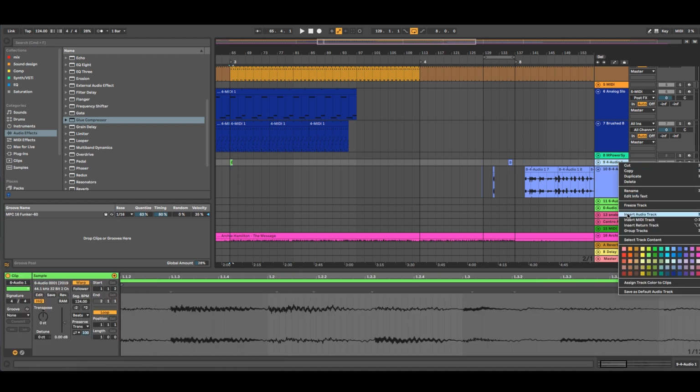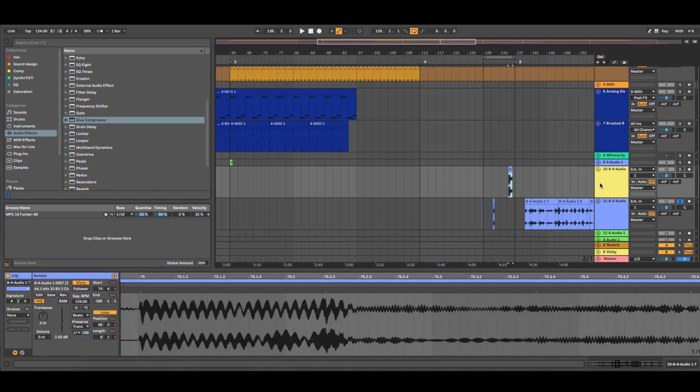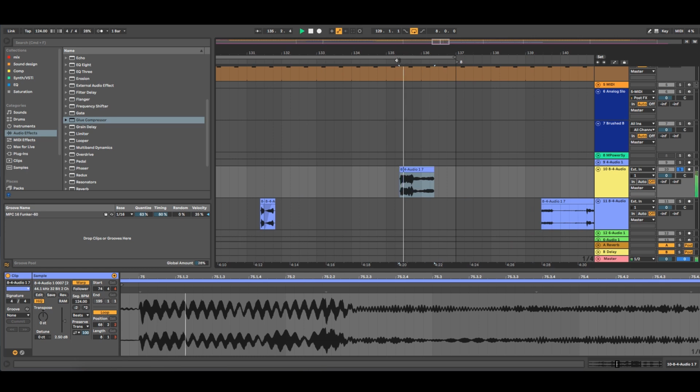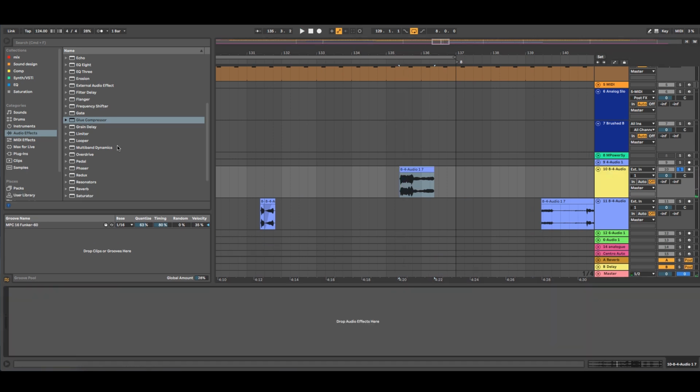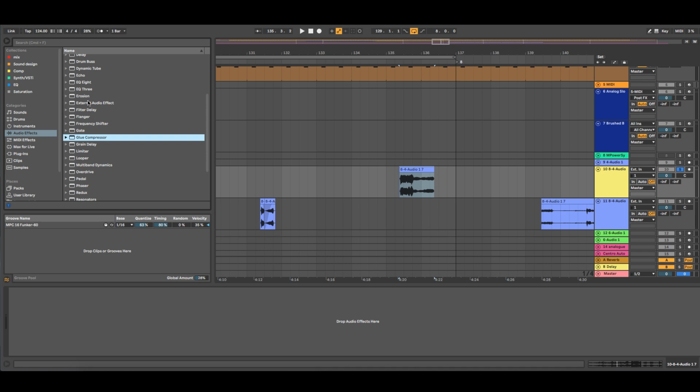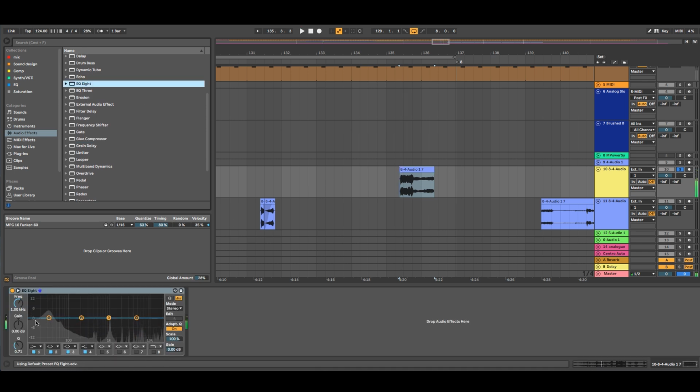Add another one. And I was saying there was something in here that I like. I'm just gonna explore. So this is really intense, and I'm gonna put the EQ8. See, this is huge. I'm gonna cut it really drastically. Don't like the ending. That's a nice texture right there.